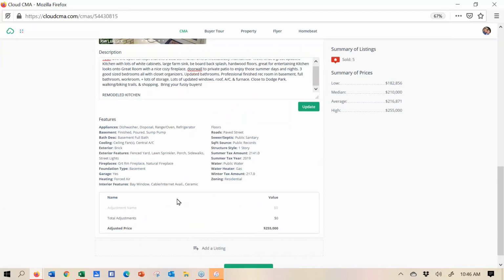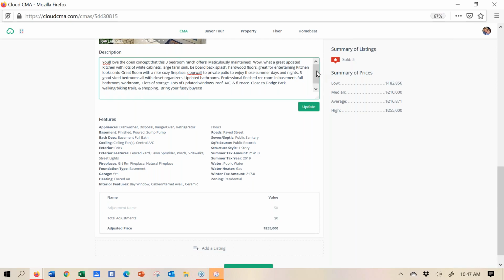So if you're trying to figure out what these adjustments are, don't worry. If you don't know it off the top of your head, use that RPR tool. It'll give you at least, it's not the Bible, but it's a good starting point if you're someone like me who doesn't really know the value as far as adding garages or doing a kitchen remodel or something like that. Okay. All right, so going through, if I didn't want to use that particular comp, as I mentioned,